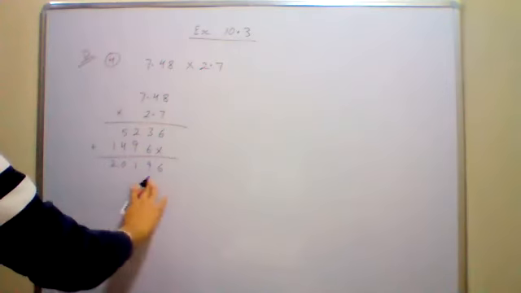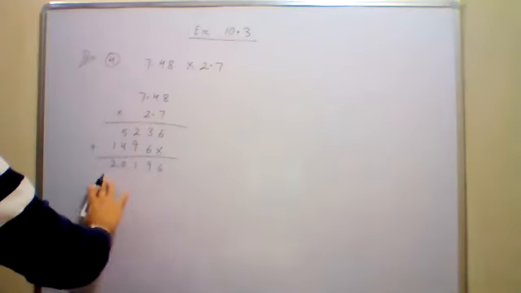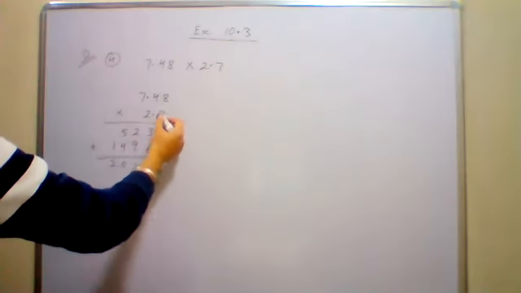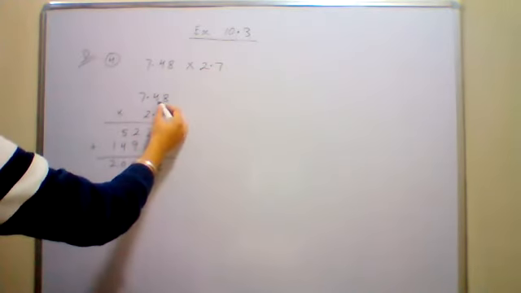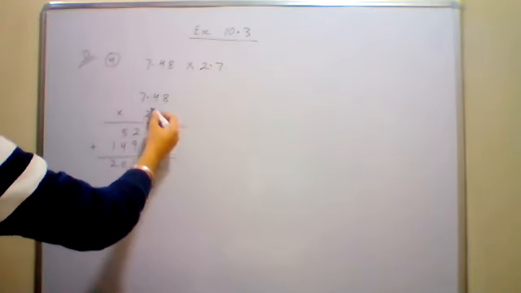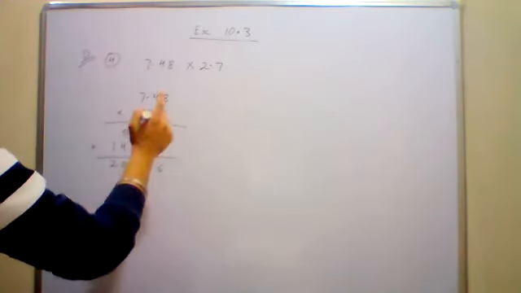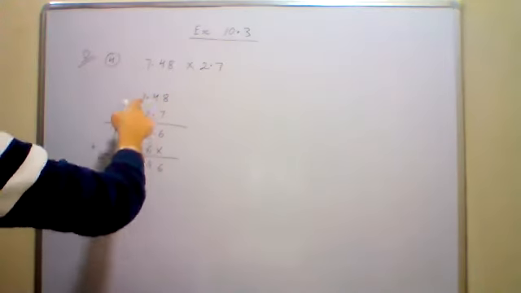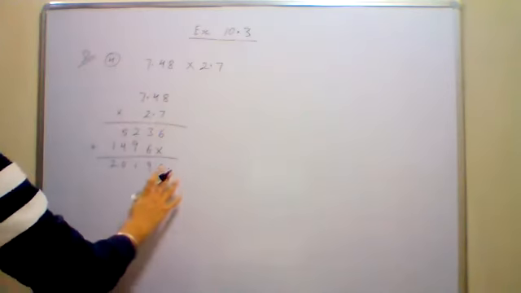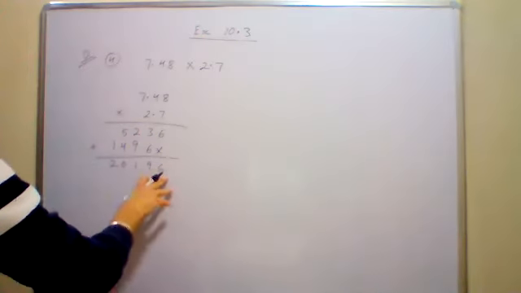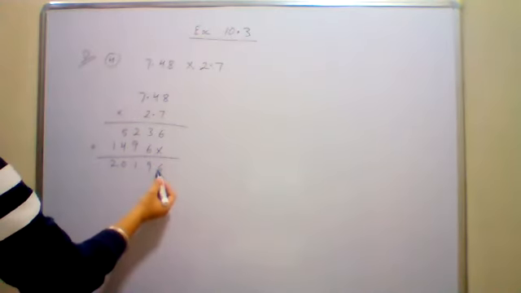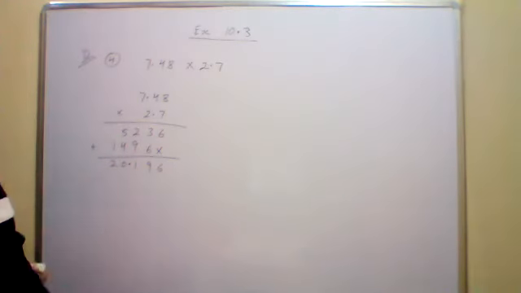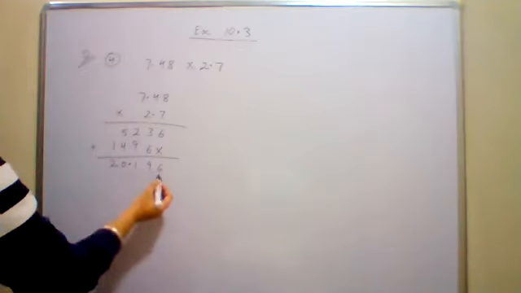Now how many decimal places are there? This is the product first of all, the multiplication of the two numbers. Now you count the decimal places. 1 decimal place in this number and 2 decimal places in this number. So total number of decimal places यहाँ पर कितने हो गए? 3 हो गए. 1, 2, 3. So 3 decimal places are there. Now you start from the right side in your answer. Count 3 digits. 1, 2, 3. 3 को छोड़ करके यहाँ पर decimal लगा दिया. So your answer is 20.196.